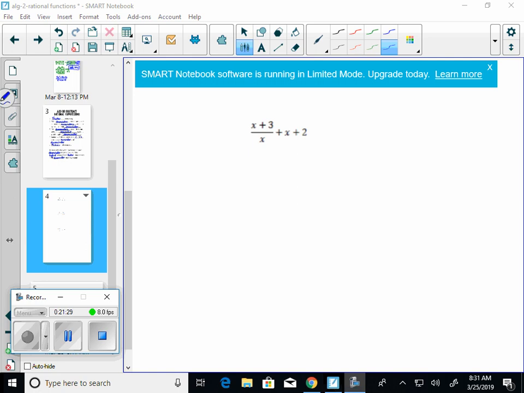All right, on the last one, it says x plus 3 over x plus x plus 2. So tell me, what is the x sitting on top of? Yep. So if I were to rewrite this, this would be x plus 3 over x plus x over 1 plus 2 over 1. I need to make sure that I'm seeing that. Because when I start making a common denominator, I've got to apply it to all 3 terms. What will my common denominator